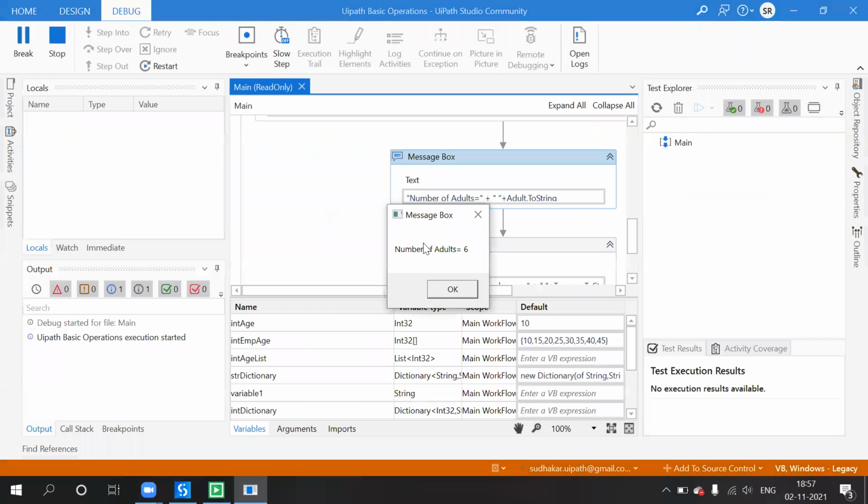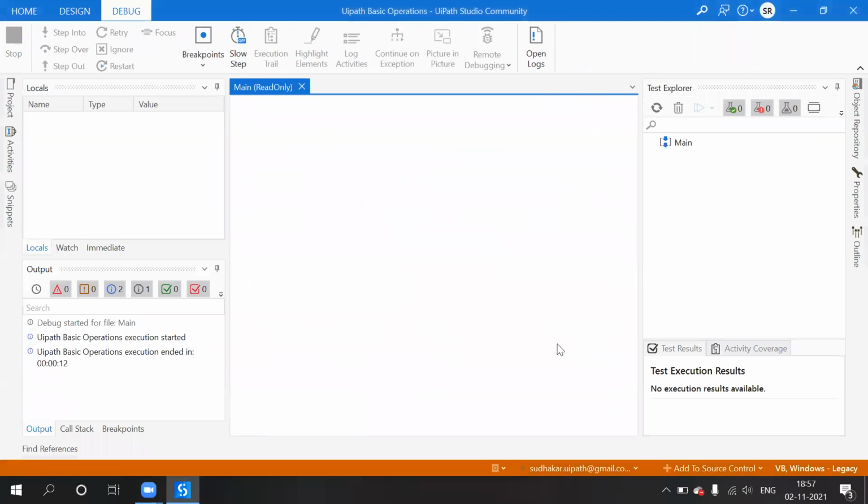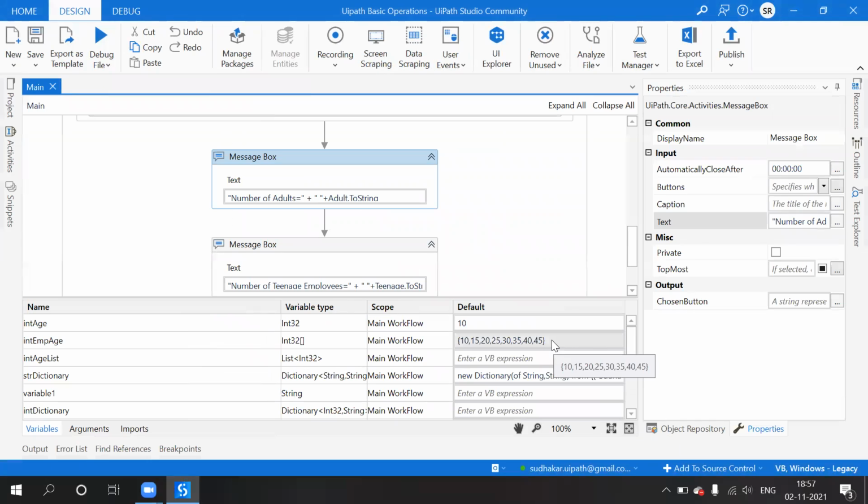See, okay, now we got number of teenage employees are. So we'll go and check what result it displays, whether it is correct or not.